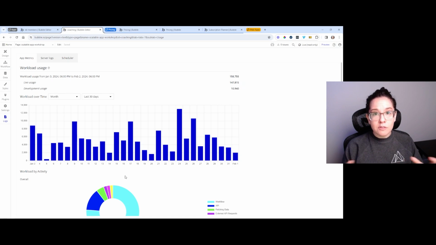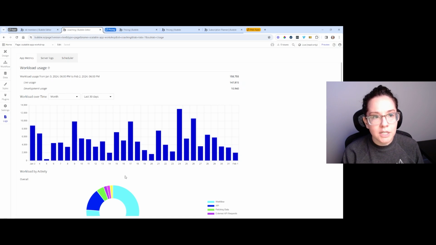So we do have a lot of other things going on in this application. We have scheduling tools on here. We have an internal tracking system on here. We have our workshop, which is an hour-long webinar that users can watch. And there's actually a 5-second workflow. It happens every 5 seconds, which is honestly the thing that's probably contributing to a lot of the workload usage